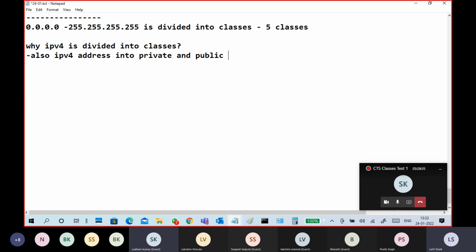Internally, I have 100 computers. All 100 computers want to communicate with each other, with no public communication required. Only those 100 computers will communicate with each other, so I don't require any public IP address here. Only private is enough, so no collision, no problems will occur. That is a private network. For a public network, for communicating from one network to another network, we need an IP address.